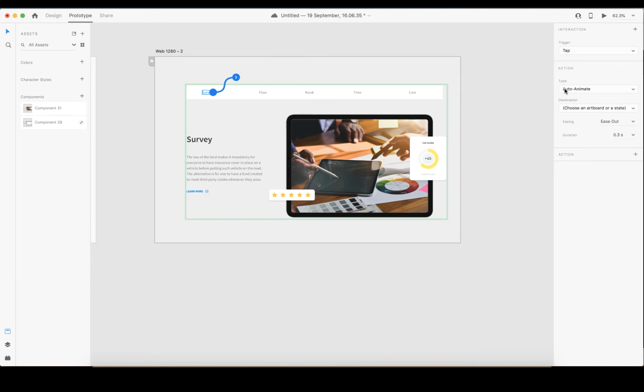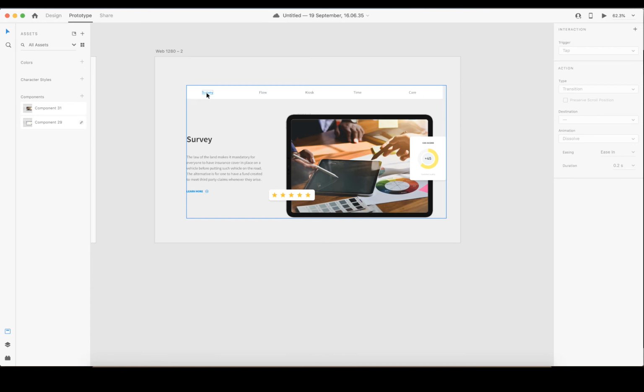You see tab, yes, you want to tab on it. You see animate and type, auto animate. You can still do overlay, scroll, and the transition. I want to leave it as auto animate. They will ask you which destination you want it to go. Since this is the default state, we'll just leave it the way it is. It's not going anywhere because you're clicking on this, so we just leave it the way it is.